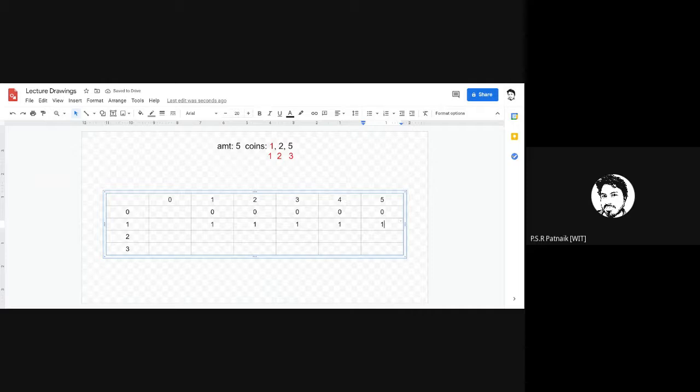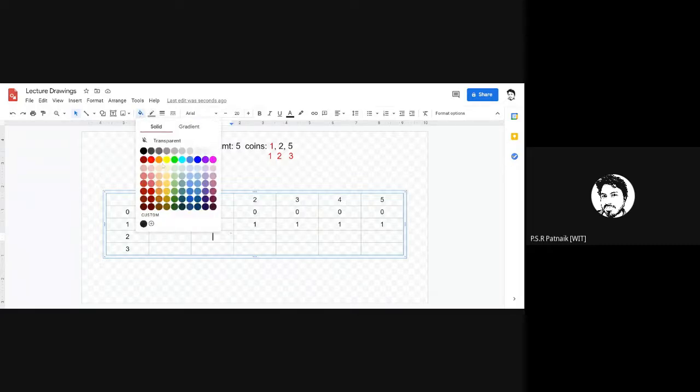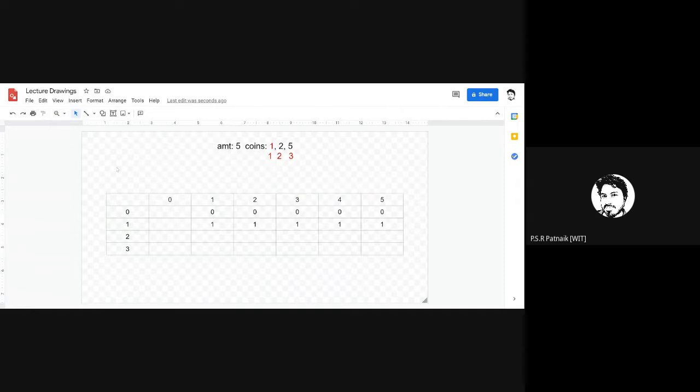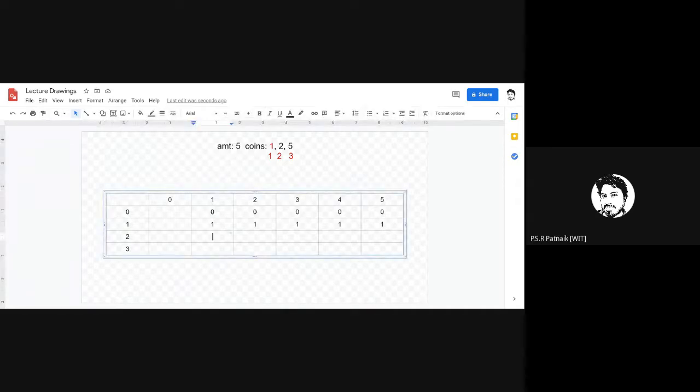Right? You're getting that. Now the complex part appears here. So now we are working on this cell. Let me highlight this. I am trying to get the value for this cell location.